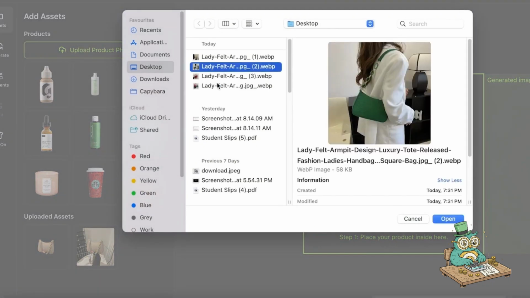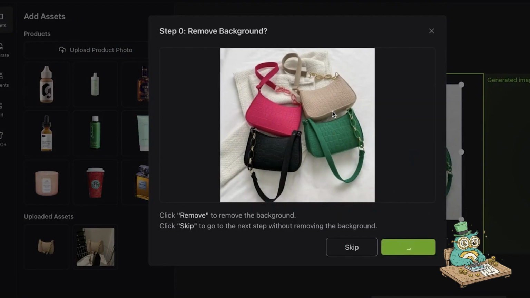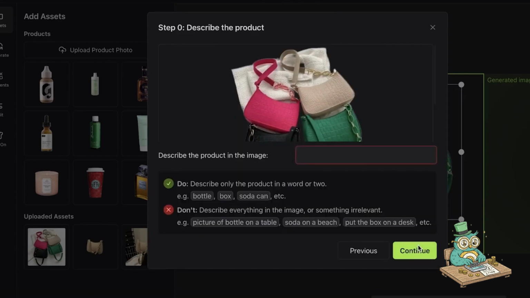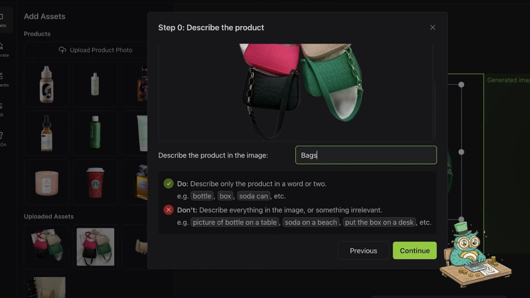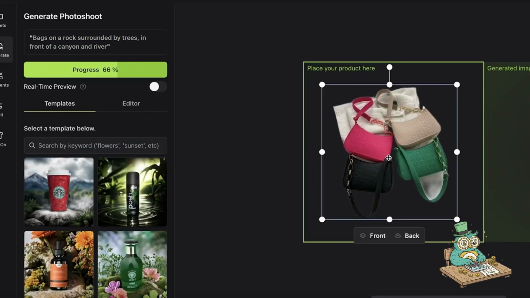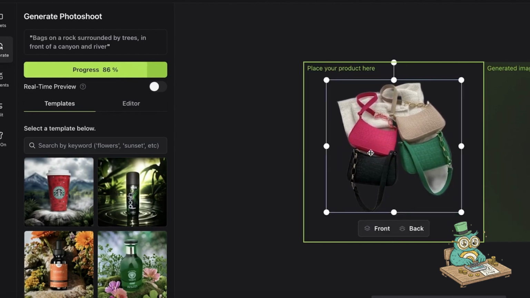I'm going to click on upload product photo, and I'm just going to upload this one instead. I'm going to choose to remove my background on this, and then we're going to click on remove. Then we are going to click on bags like this and then click on continue. Now I have all of my bags added. Now I can choose to crop certain ones out. Let's say we only want one bag, so I can go ahead and remove the others